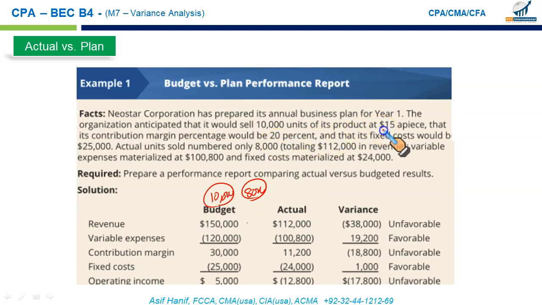If this is the planned selling price 15, so my flexible budget revenue should be 120,000. Right? And if 20% of the sales price is my contribution margin, then 20% of 120,000 should mean $24,000 as my contribution. And difference between these two would be my variable cost. And fixed cost under the static budget and fixed cost under the flex budget would always be the same. Keep that in mind. Now, if you write up and net off these, you will get 1,000 negative.